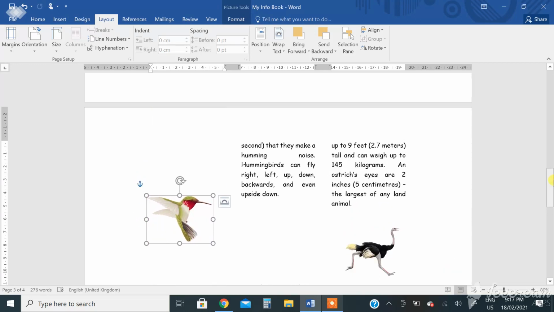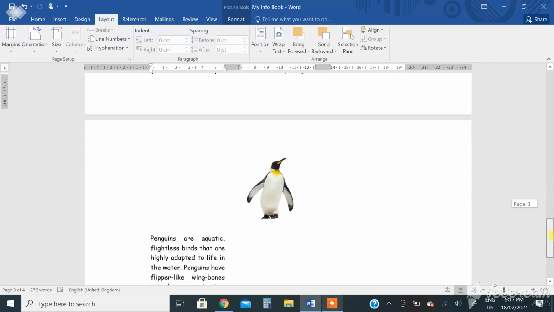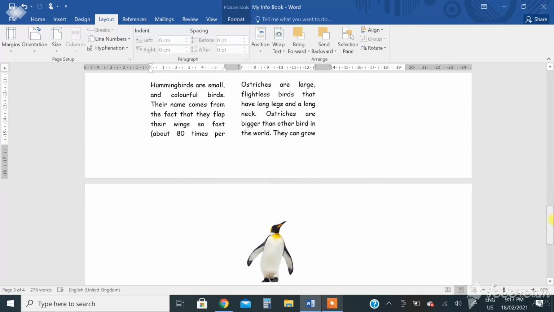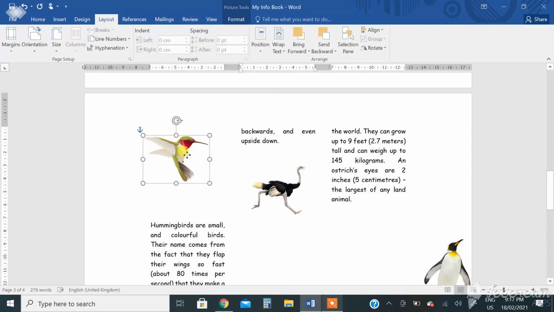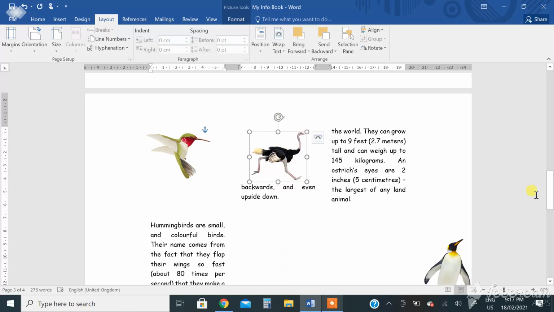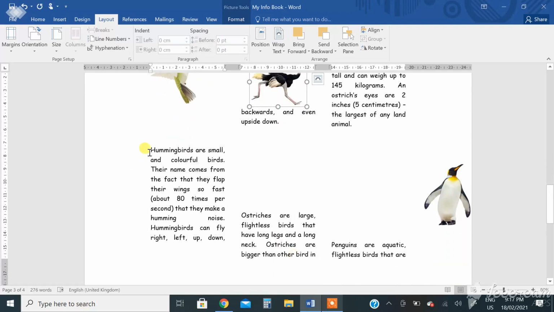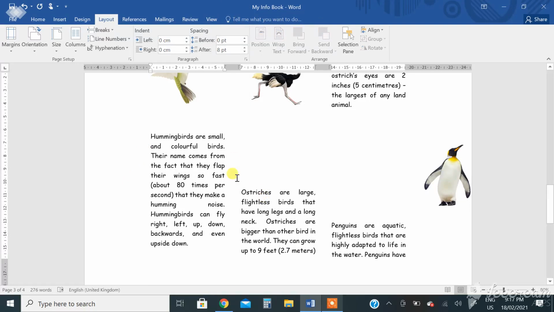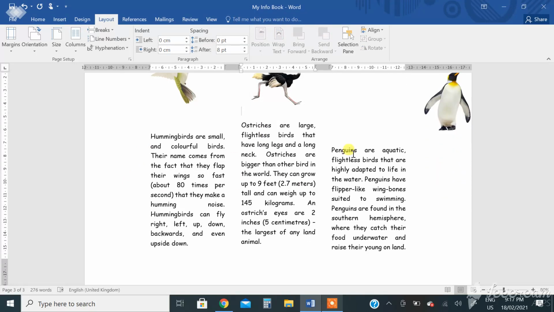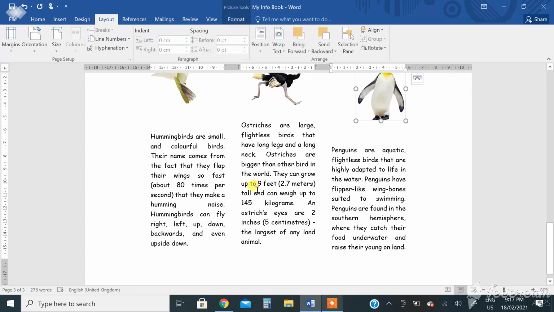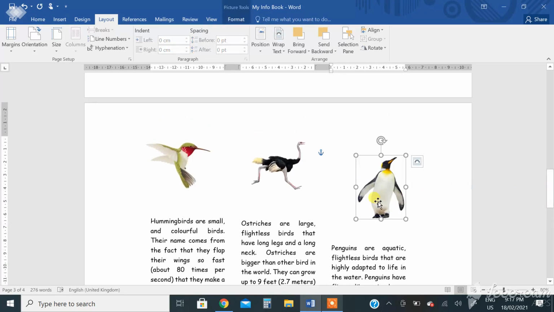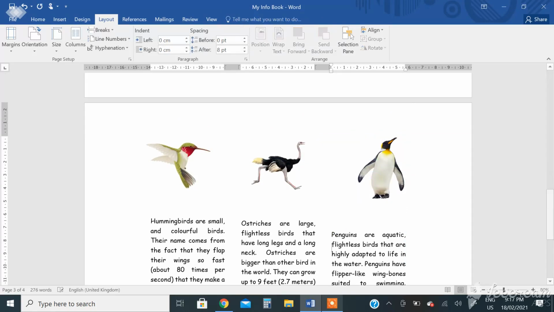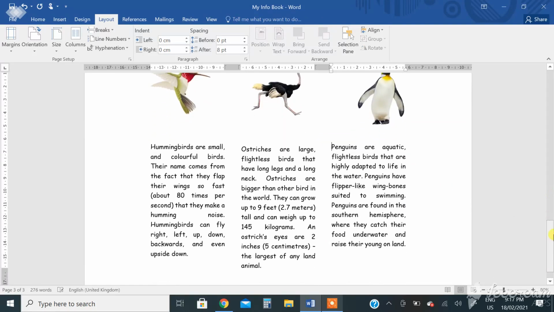Arrange it like this, and this one. Now arrange like this and save it.